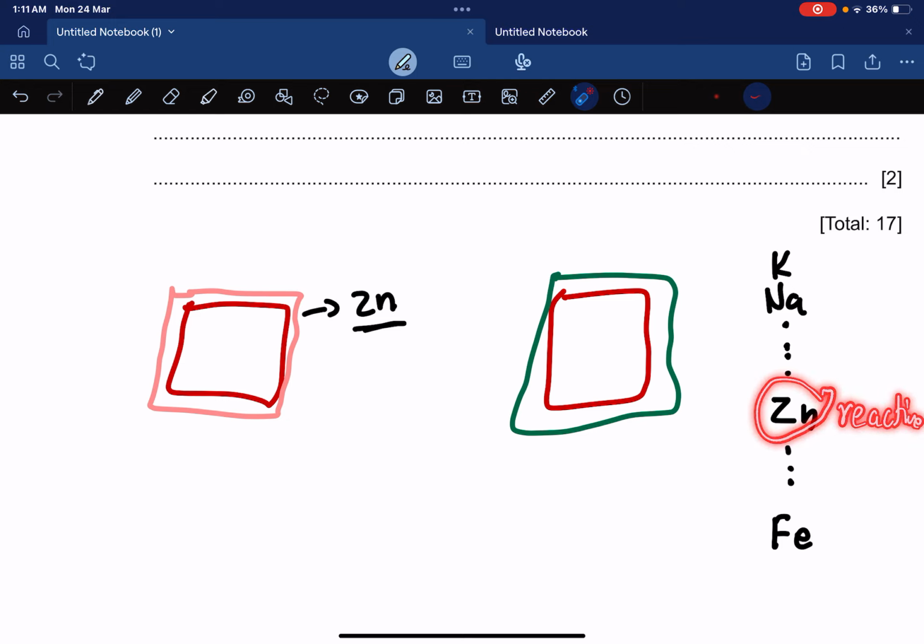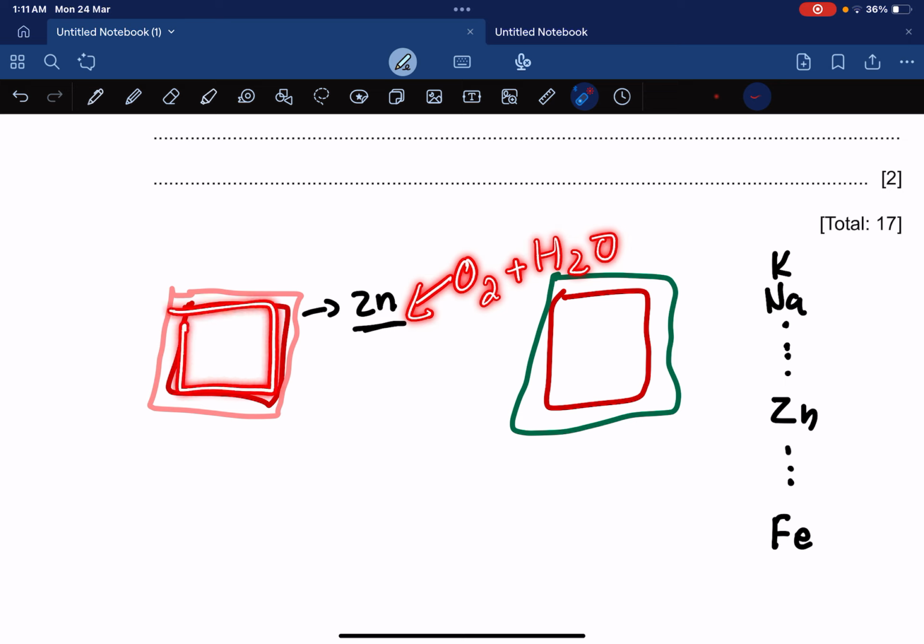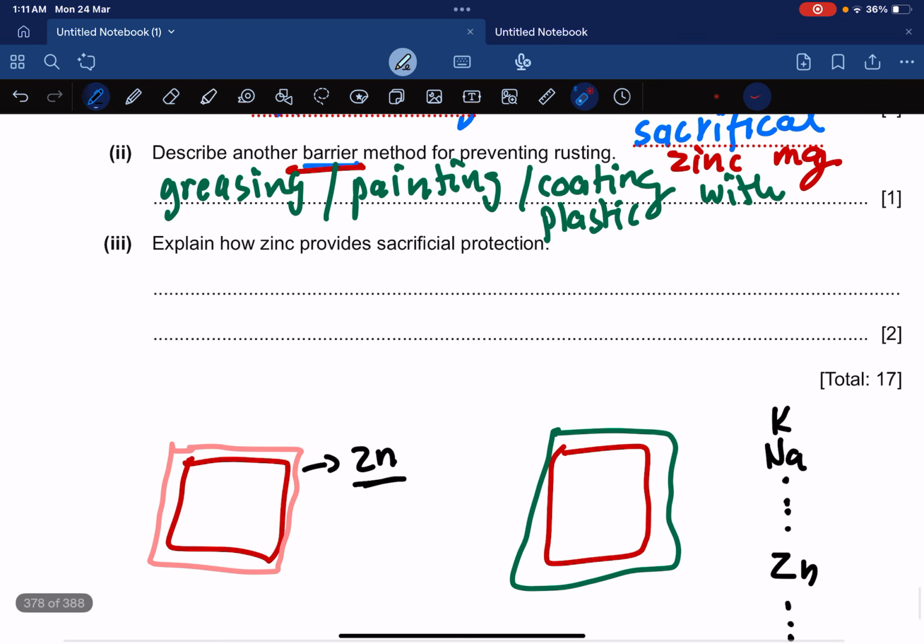So zinc will form positive ions more readily than iron. Hence, zinc reacts with the oxygen and water instead of iron. Instead of iron combining with the oxygen and water to form rust, zinc will combine with oxygen and water because it forms positive ions more readily. So we're going to write that